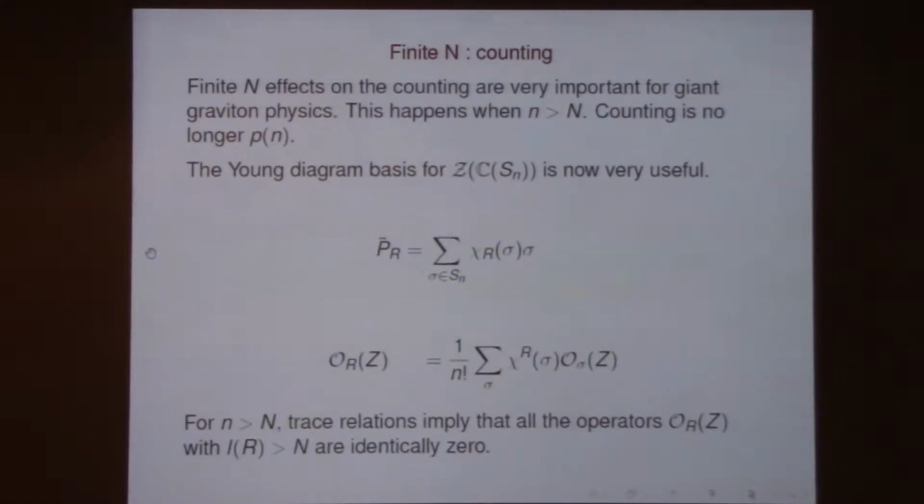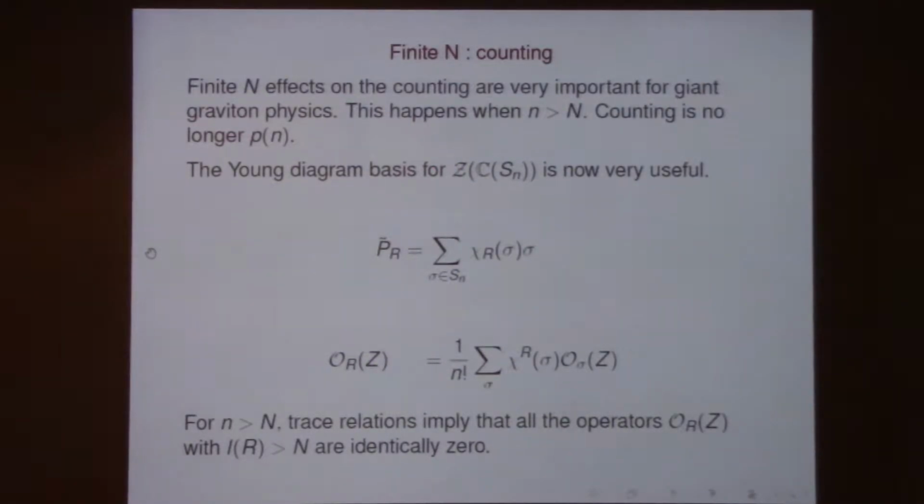Now, all the description of the counting I gave was for the case where little n was less than capital N. As you may know, when the power of the Z inside the traces or multi-traces exceeds capital N, the counting is a bit more subtle. And it turns out that this subtlety can be completely captured once you go to this Young diagram basis for